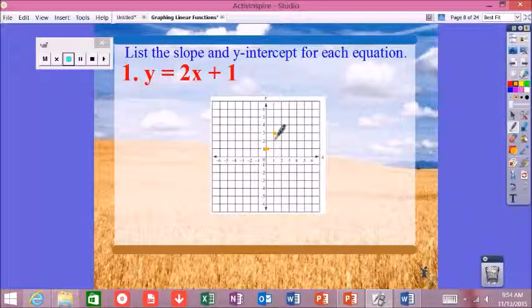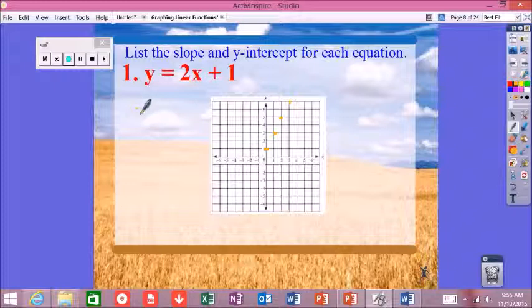How many points do you need to graph a line? Well, you only need 2 points. However, let's keep using our slope, rise over run, to find more points on the line. So I rise 2, run 1. Now I'm out of space at the top in my first quadrant, so what I'm going to do is I'm going to go back to my y-intercept, and the same thing,